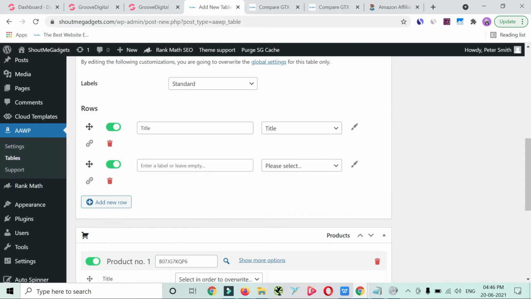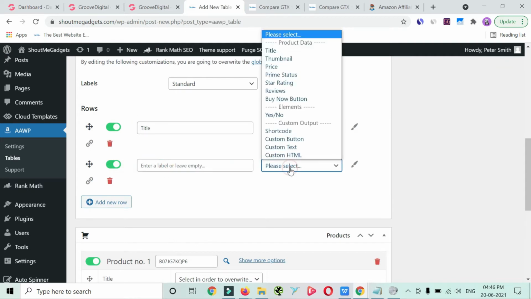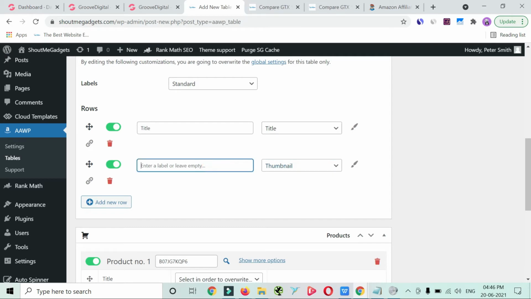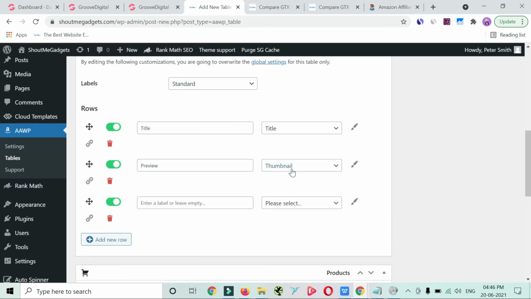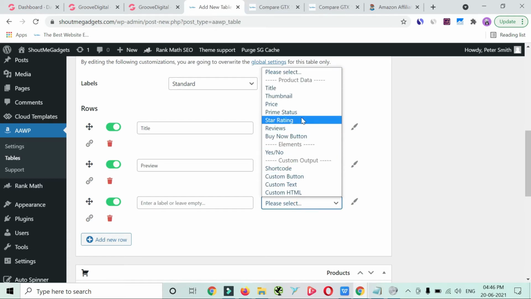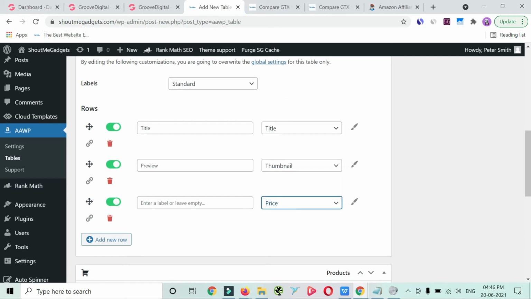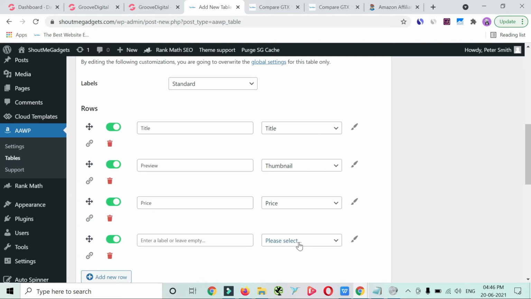Now I want to show the image of the product, so I will click thumbnail as a value from Amazon and put preview as a label for the table. Now let's move on to the next option. I want to show the price as well, so I am going to select price and give it a price label.